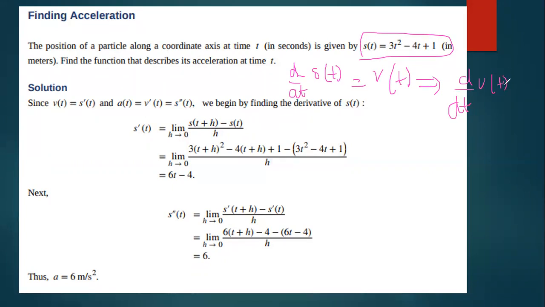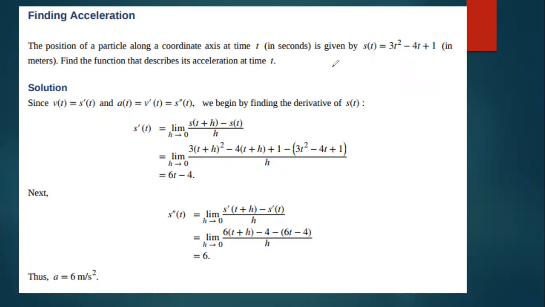Derivative of velocity will be my acceleration. I have to take two derivatives: first derivative to find the value of v, second derivative to find the value of s. Okay, so same as this will be written as s derivative of t, written as limit h approaches